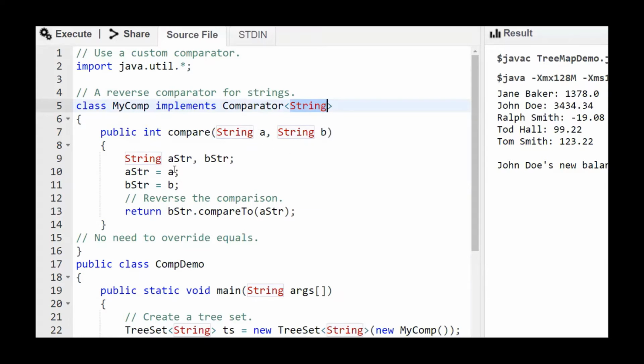So we can create the strings, and then we can reverse the comparison. If we have strings A and B, the comparison would normally be A against B. If you want a reverse ordering, then the comparison must be B against A. In a similar way we are reversing it, that is on B we will invoke the compareTo of A. Both strings, the A string and the B string, are converted into objects. A is stored in the A string and B is stored in the B string, and the reverse comparison we will use. Normally the comparison will follow the natural ordering.